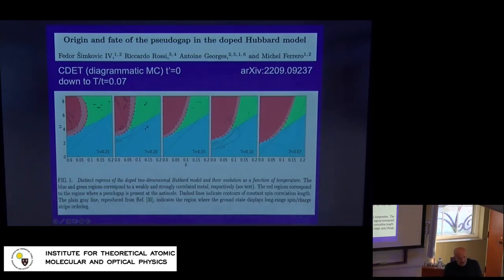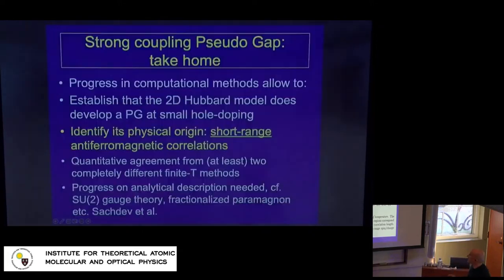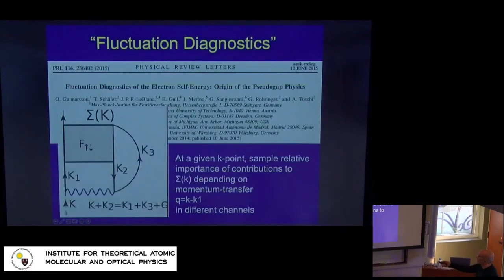That's very exciting, but the question is, can you probe somehow that the spin fluctuations play such a dramatic role? Yes, this is exactly how we do it. So we analyze which fluctuation channel contributes to the K points where the self-energy is large and opens the pseudogap. But does it have some implication for spin susceptibility? Yes, it has some implication for spin susceptibility.